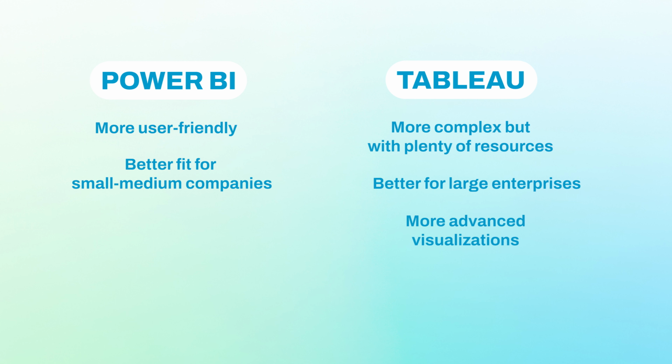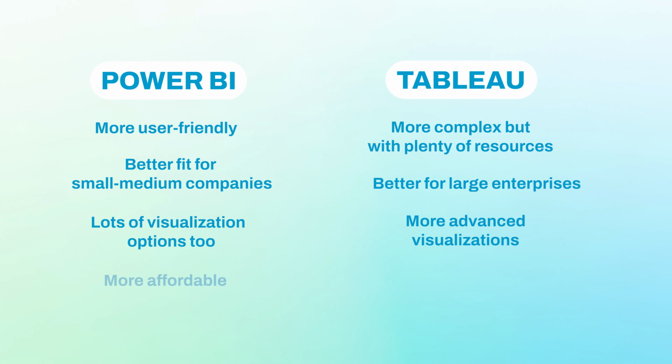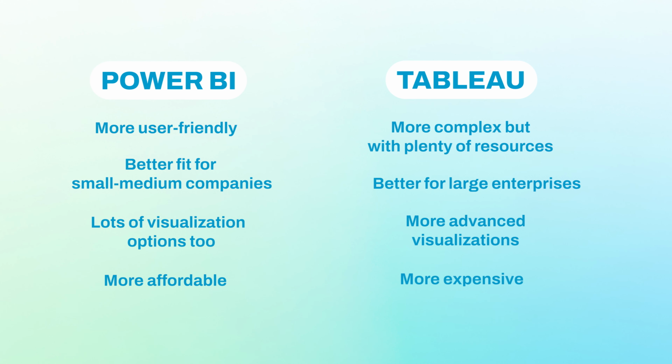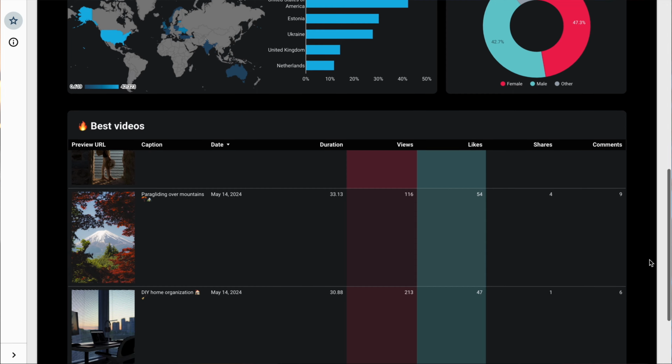In terms of visualizations, Tableau is also considered a superior option, both in terms of capabilities and the flexibility to customize reports to one's liking. But then again, Power BI isn't far behind, with dozens of visualization options and plenty more community charts. Finally, the pricing. Power BI is a more cost-efficient option, with a free tier and paid plans starting from $10 per user per month. Tableau's pricing starts from $15, but to build reports, you'll need to reach deeper into your pockets. And how does Power BI compare to the popular Google platform Looker Studio, formerly known as Data Studio?